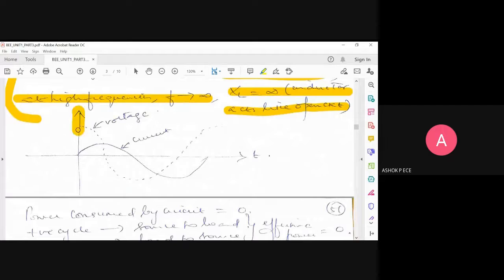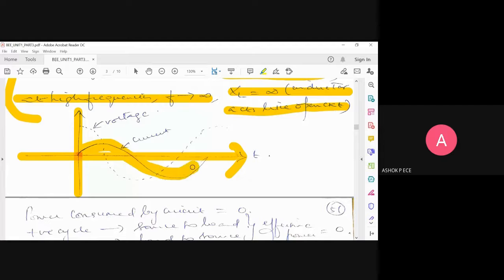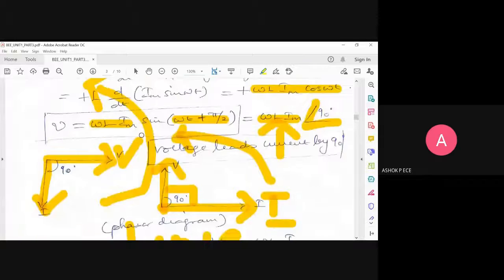Now see the variation. If I draw the current and voltage in the form of a time domain diagram, if current is going to start at zero, voltage would have already started at zero somewhere before that. So voltage is leading the current. Or I can say simply, if current is a sine waveform, voltage is going to be a cos waveform, mathematically. Is the behavior of an inductor clear?